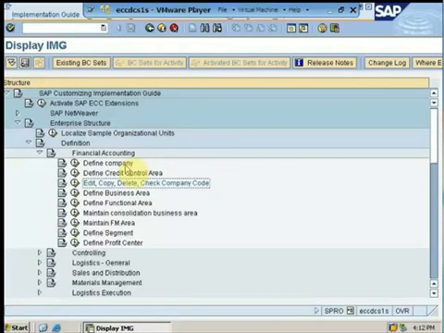Now, if I do not know what is the short form of the language, I can always click on this drop down and it will give me the list of values which are stored behind this table. For English, the short form is EN, so by double clicking, the properties will get automatically derived onto this field. As soon as I have entered all this information, I just have to save, and we have created